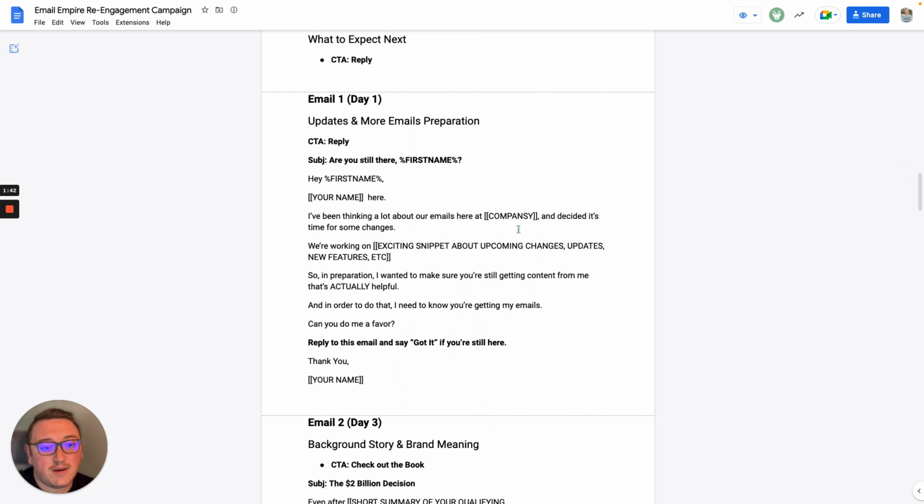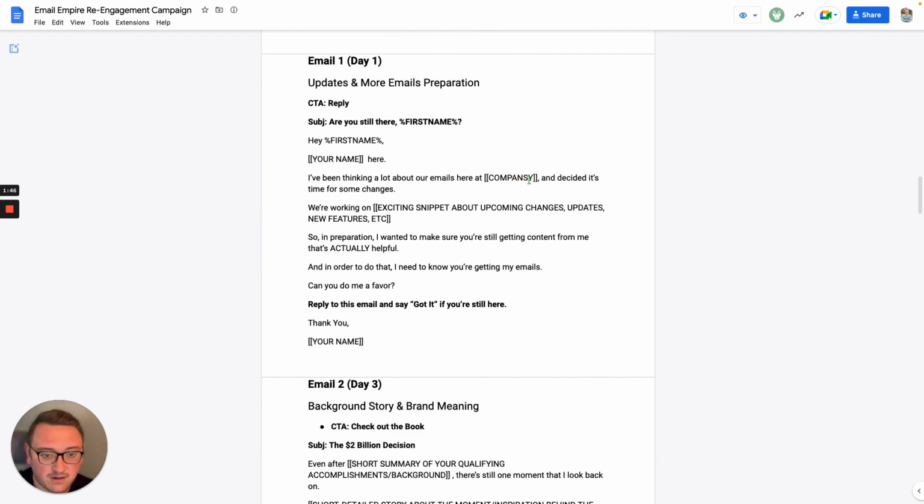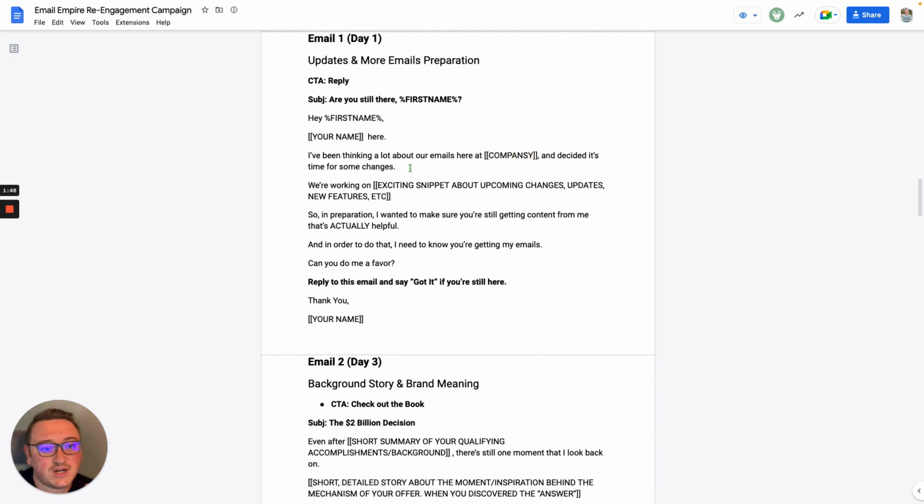So there's a couple of examples inside of here, and it's all really simple. For the most part, what we're looking at doing is just getting one thing out first and setting this guy up for replies, right? Obviously, I gave you a template. You can change it up however you like. But the replies are super important for 2 things. One, for deliverability. First and foremost, this makes sure that you're whitelisted. Everyone's getting over and actually getting the emails that you're seeing. You're not hitting spam, all that good stuff.